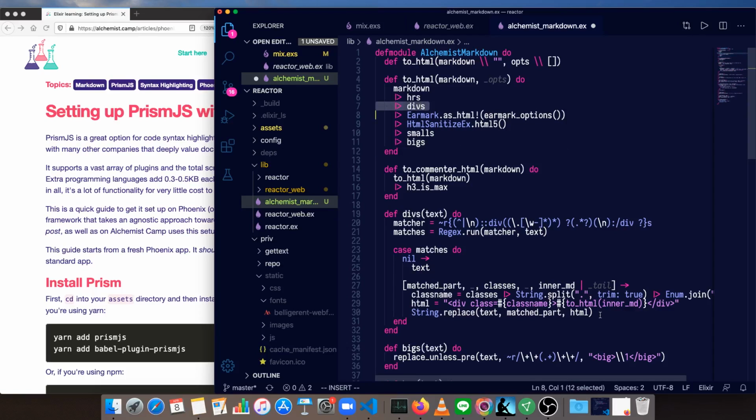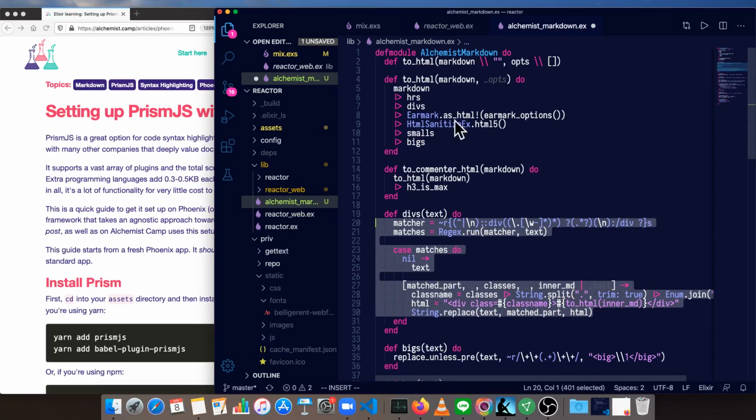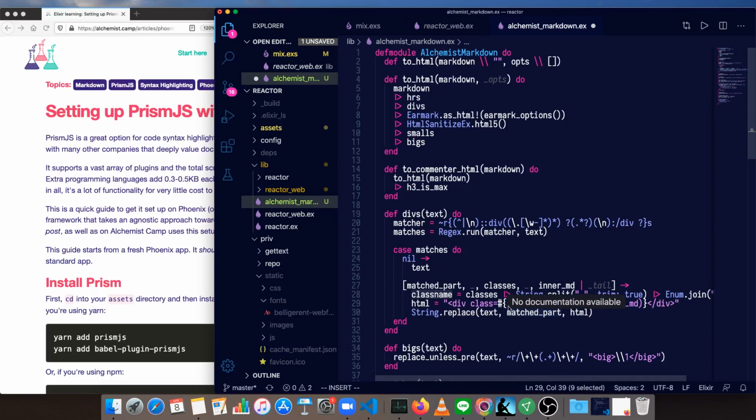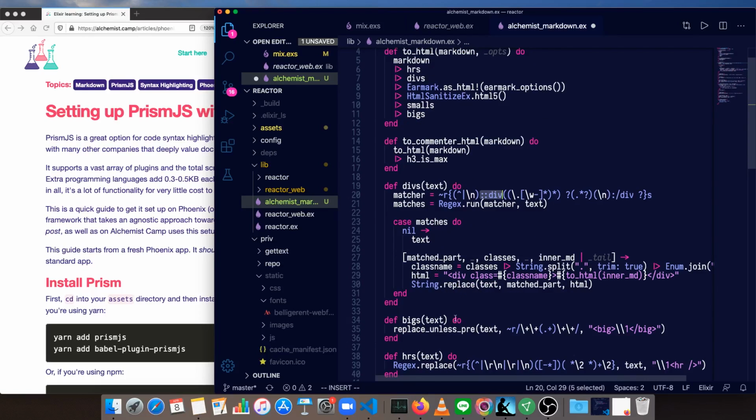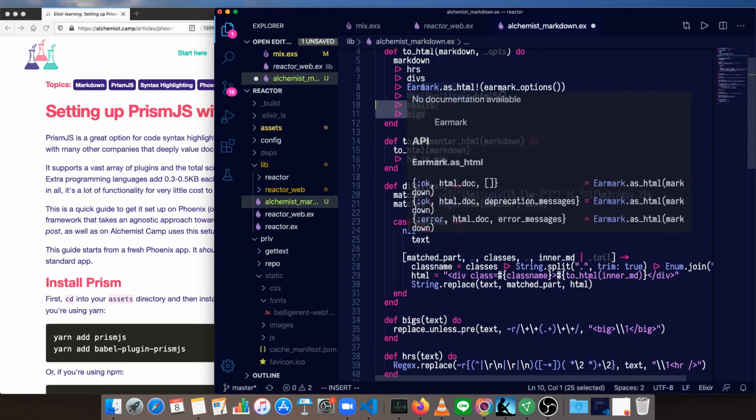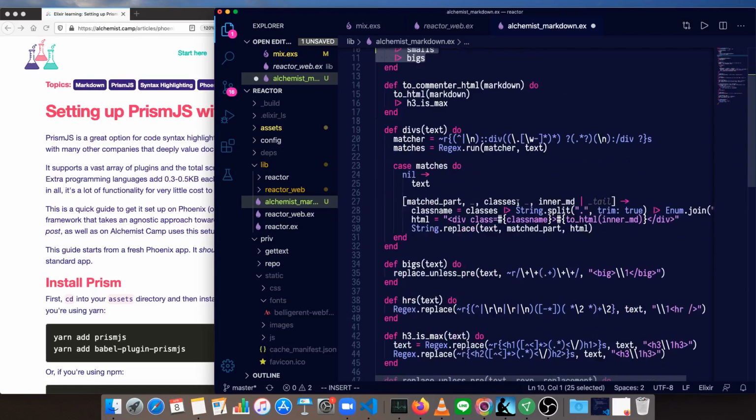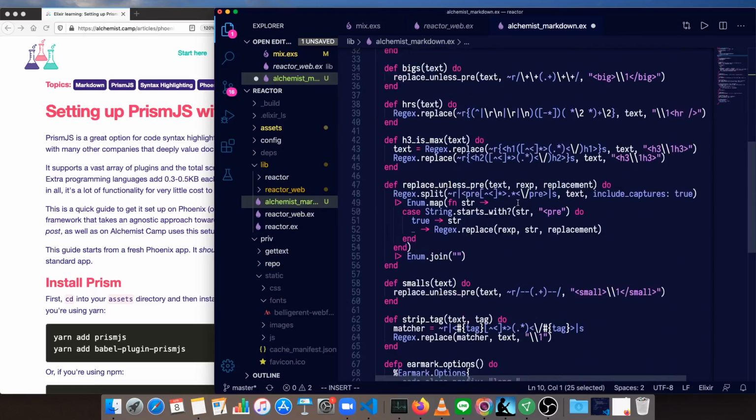Divs is kind of complicated. Earmark doesn't have a way for you to put a class on a div, so I did some matchers so that you could basically just write div dot and some stuff, or colon div dot and then some classes, and have CSS classes. Smalls and bigs, since that conversion's happening after the earmark conversion, I made another function called